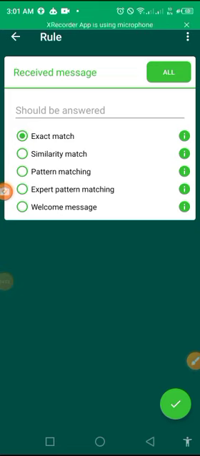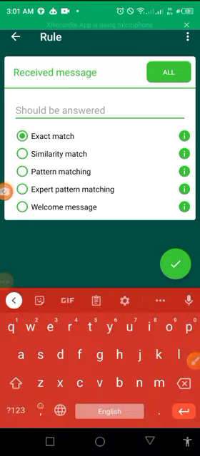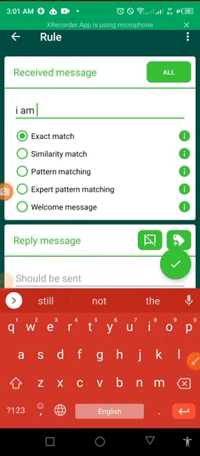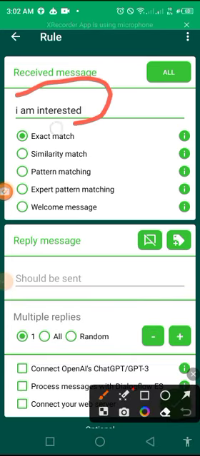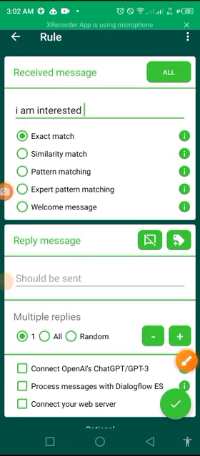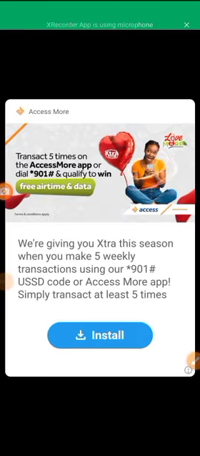So how do we set the trigger? Let's take, for instance, the trigger is I am interested. Interested. Let's just stay there for a moment. If the trigger is interested, you put the trigger up here. Can you see where I put it? That's where we put our trigger. Then let me quickly explain exact match. If this thing is on exact match, sorry for